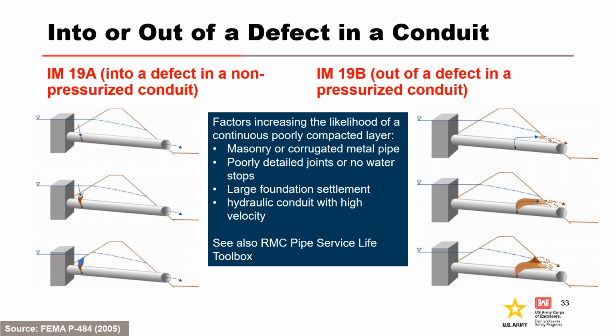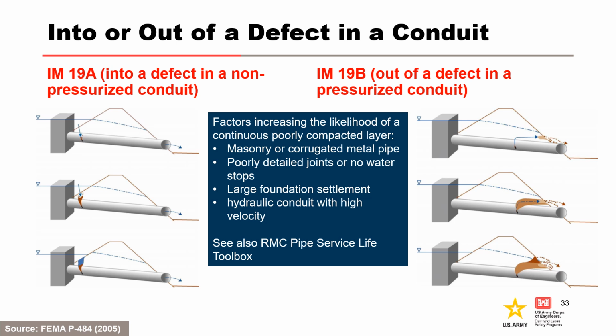If the leakage out of the conduit occurs downstream of the core zone, there would need to be an interconnecting defect through the core zone or for the pipe to head cut upstream to form a continuous concentrated leak through the embankment. If the internal condition of the conduit is not known, this initiating mechanism is more likely for masonry or corrugated metal pipes,